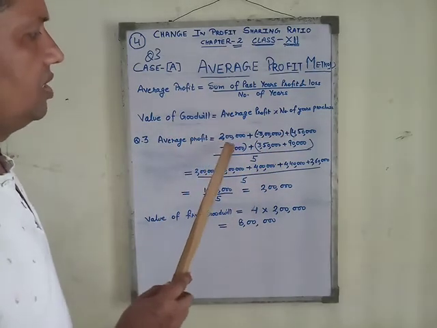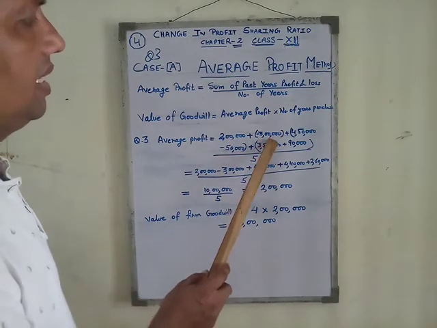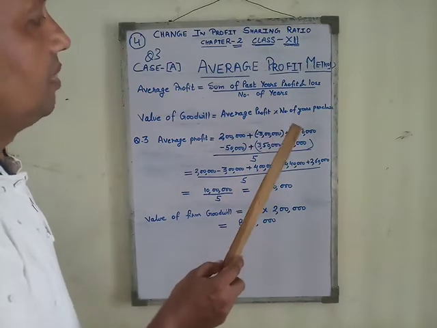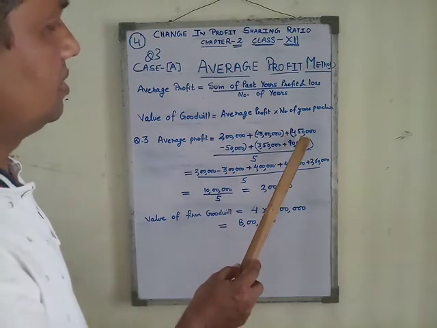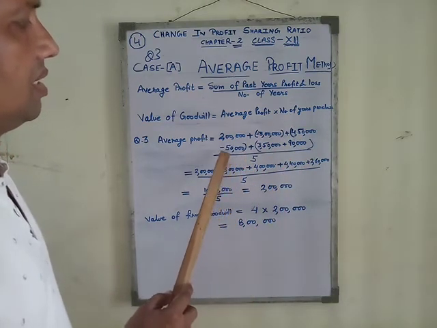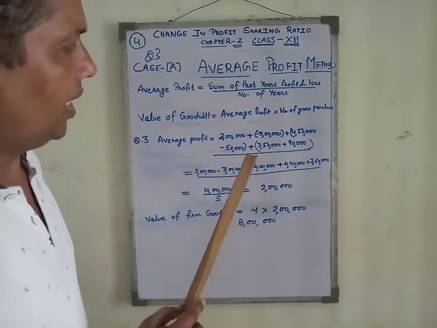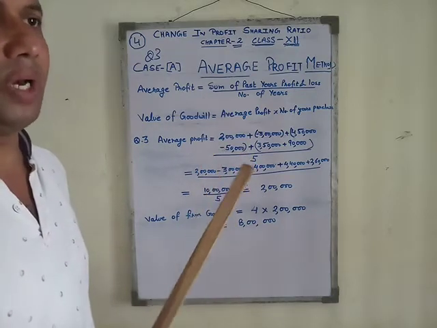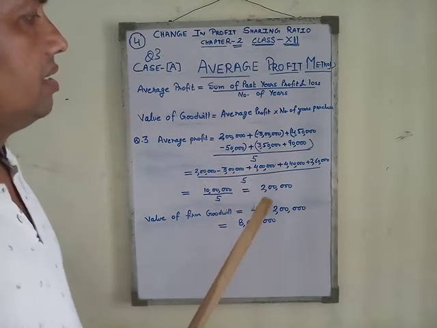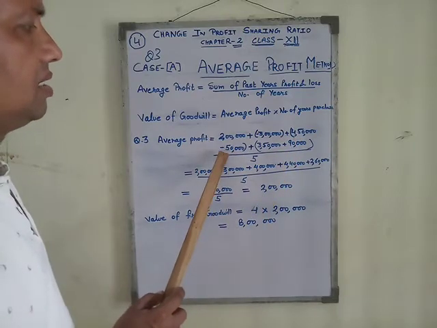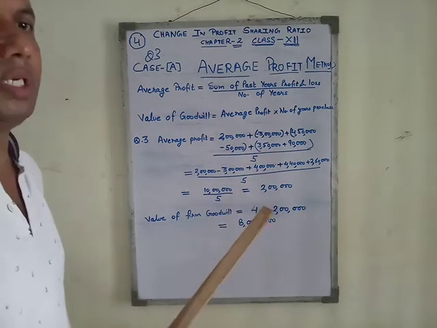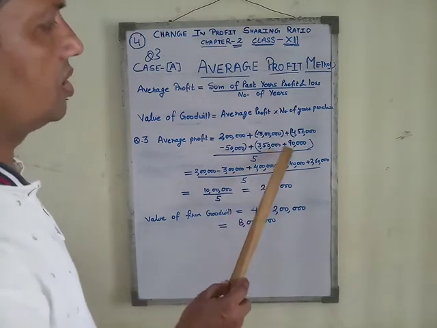The profit of the first year is 2 lakh and in the second year a loss is given, so that can be shown in brackets with the minus sign. In the third year 4,50,000 is the profit, but in this year there is an abnormal gain. In this type of question, abnormal gains are subtracted and abnormal losses are added. So the third year abnormal gain is 50,000, so that gain is subtracted because again and again it is not to be earned, and abnormal losses are to be added.